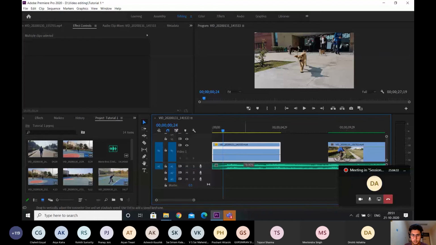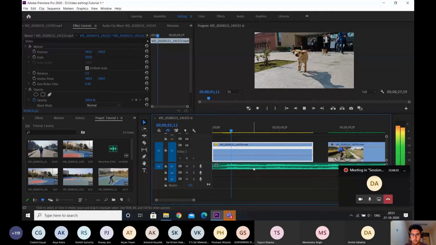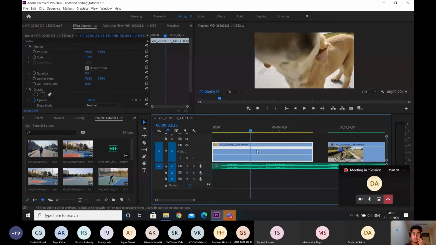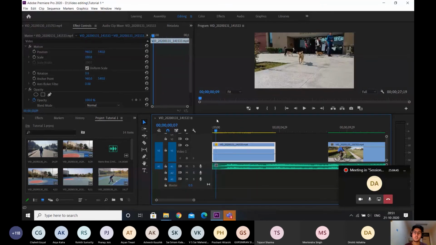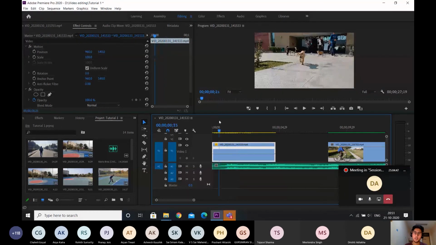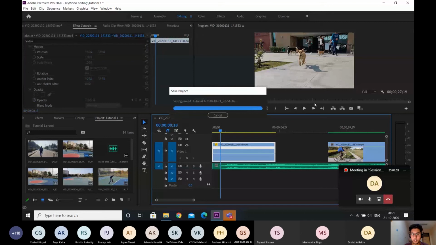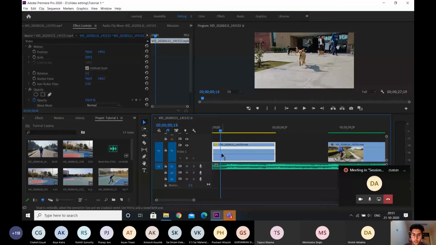So if I drag it down, the speed is decreased. But what if I set it back to 100? What if I want that for this particular part when the dog is jumping? Suppose I want to start from here, and from this particular point till this particular point I want the video to be at normal speed, but after this I want the video to be slow for some duration. So for that I need to make a point over here, so that after this point I can reduce the speed of the video.